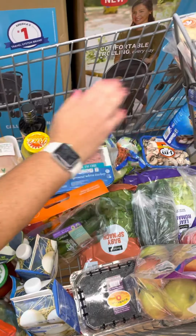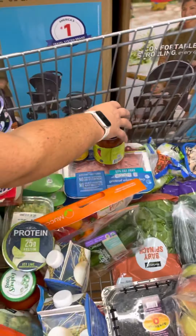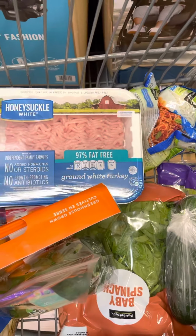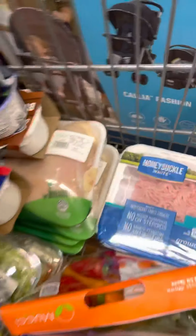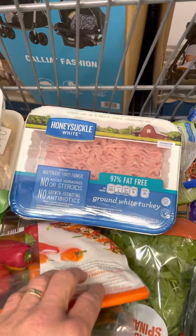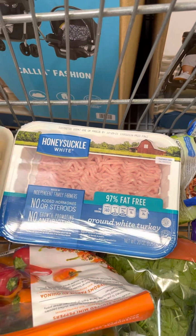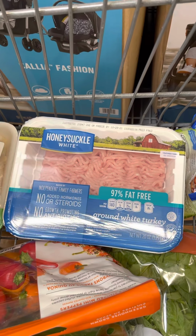Then moving along, we go to protein. Proteins, we get our lean 97% fat-free ground turkey. I have chicken breasts here, chicken tenders underneath. Another form that we like. Real quick, there's 93, there's 99, there's 97. A lot of that's just gonna vary based off of what you're...